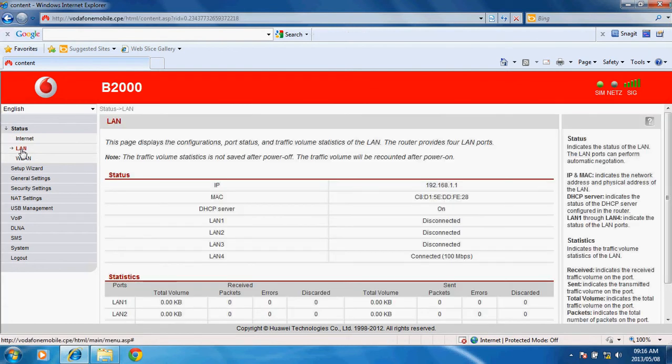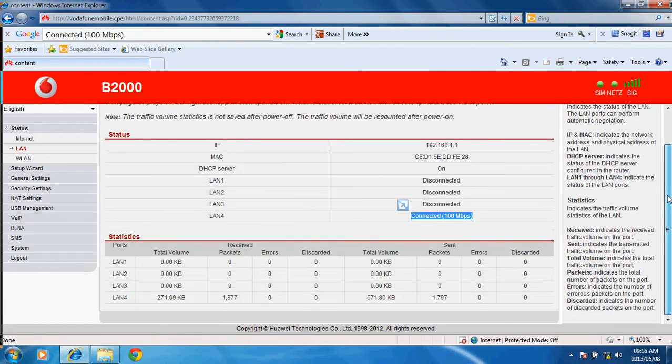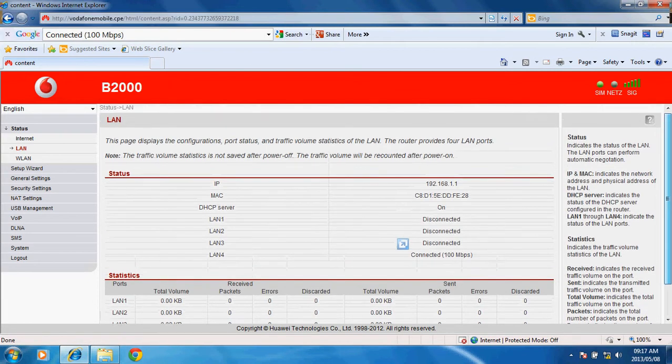So if we go on to the LAN, this will show you the router's IP address, just the basic status. Is the DHCP server on? Which LAN ports are being utilized, and if anything is connected, if it's on or not. Shows you your MAC address. It also then shows you some statistics on each of the ports, what the total volume of packets were received and sent, which ones, how many were discarded, what the total volume is, and just some general statistics on your